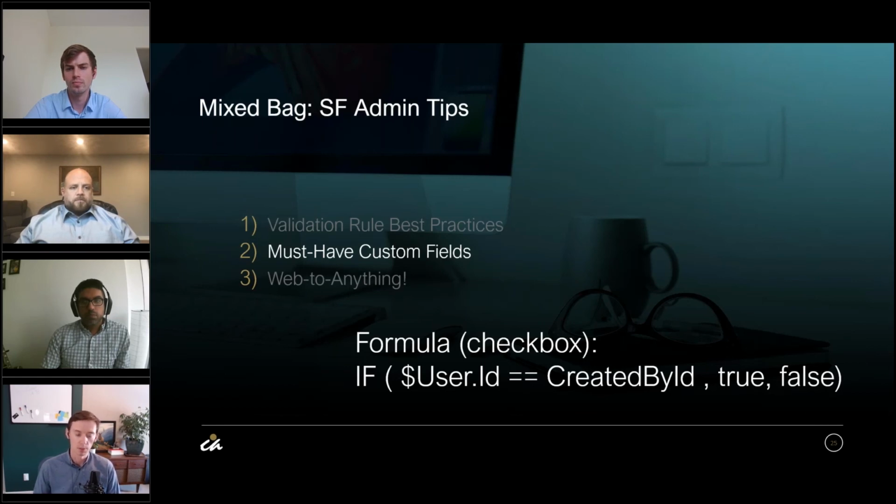So with ownership, there is the show me my records. That's fairly easy and obvious. But when it comes to other fields, it's a lot more complicated to try to say, this person has a relationship to me, or this record has a relationship to me, and be able to share that report without having to create a new report for everyone that says, and the ID is this, or the name is this. So using this checkbox field is hugely impactful, especially when you combine it with dynamic dashboards, because